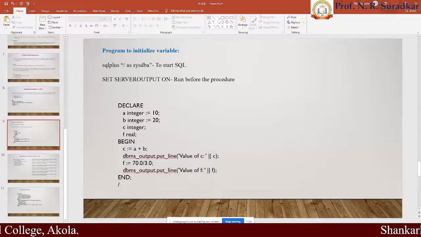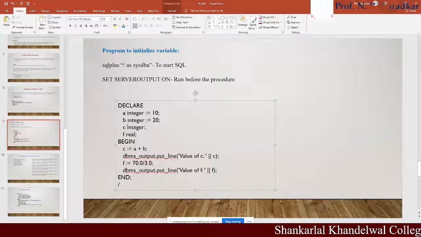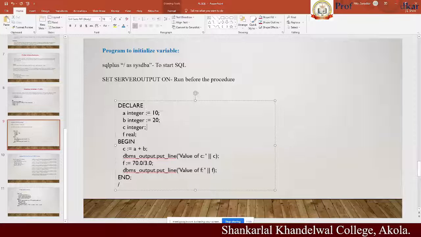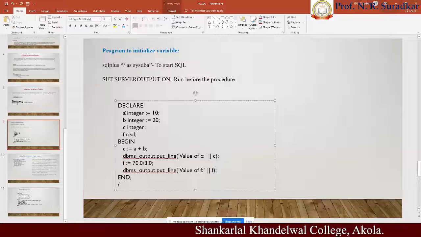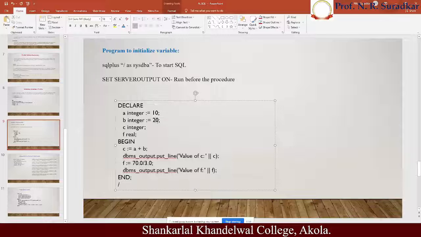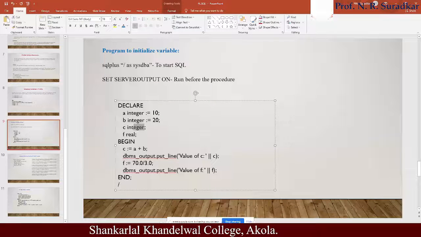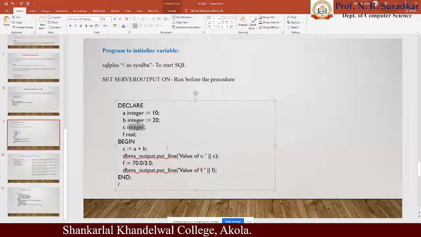The operation is C = A + B. C is a variable of type integer. This is the way to initialize a variable: first the variable name, second the variable type, then the assignment operator, and then the value which A holds. Likewise, B holds the value 20, and C is a null variable which doesn't hold any value.